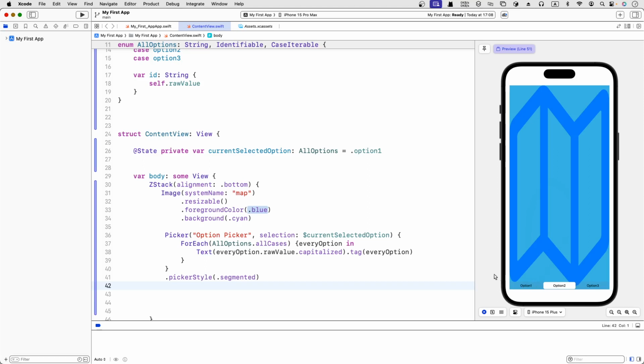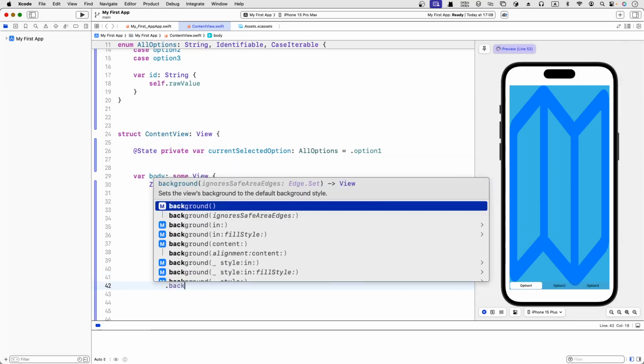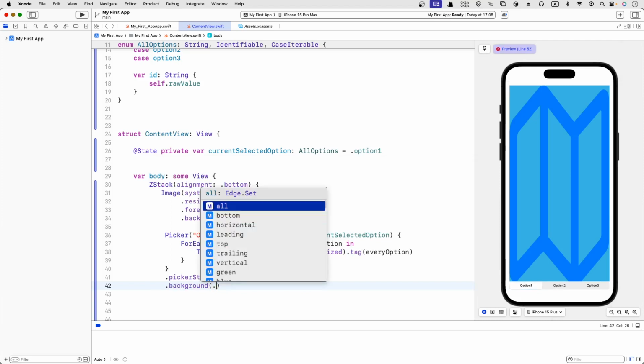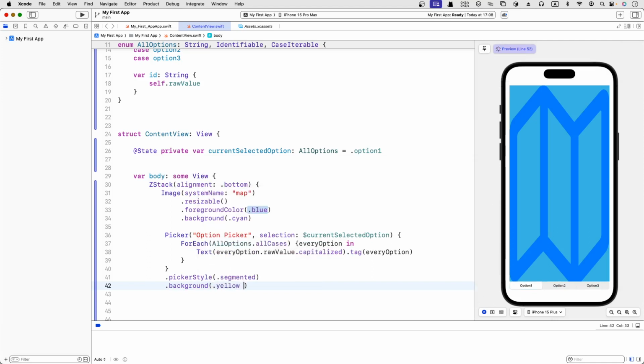So what I'm going to do is add a little bit of background to it. I can even get a background of a certain color, for example yellow. Can I get a yellow color? Okay, so I got a yellow color, but it's not recommended. It's not an ugly color per se, but it's just a really bad combination with the